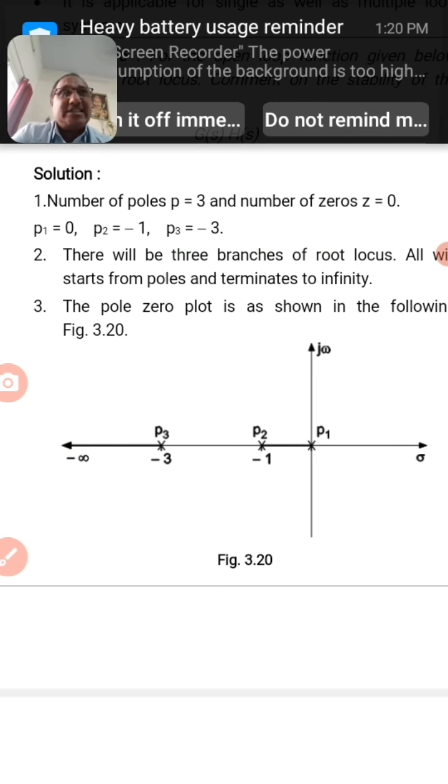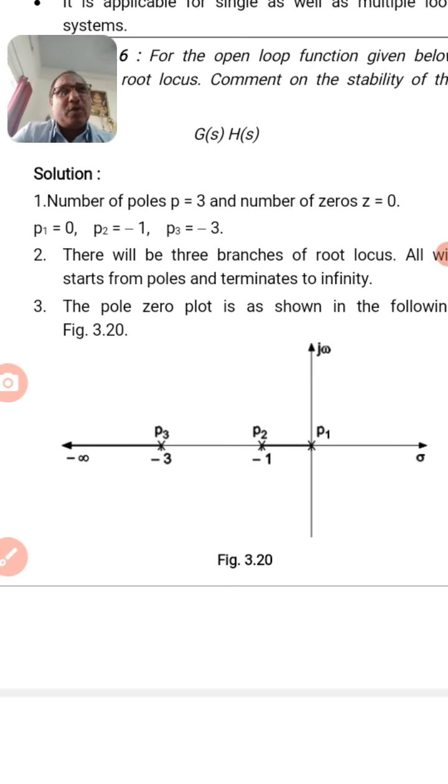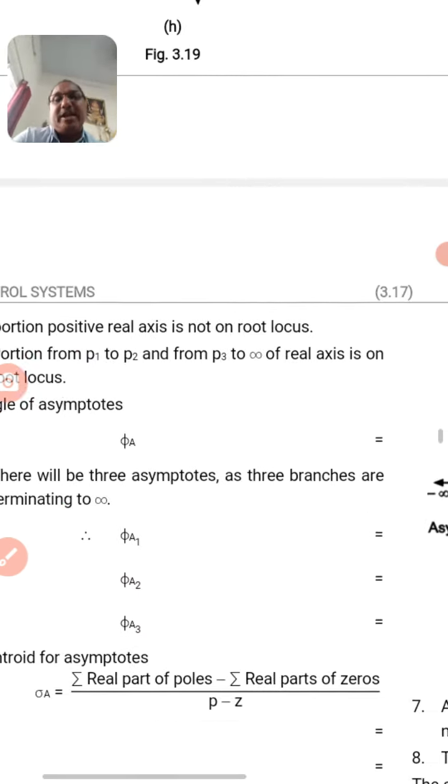So if I change the gain of the system, the gain of the amplifier, to 1, the poles will change. If I change it to 2, the poles will follow the root locus format. If I change the gain to 3, the root locus format will change, or the poles will follow the root locus path. So mathematically, first on paper we will locate the poles and find their path for change in gain. That is our aim.